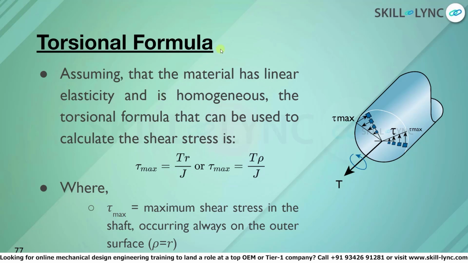Now here, assuming that the material has linear elasticity and is homogeneous, the torsion formula that can be used to calculate the shear stress is tau max equals TR by J. Here, tau max is the maximum shear stress in the shaft, which always occurs on the outer surface. Now, if we substitute rho in place of R, it gives the shear stress at any point at a distance rho from the center of the shaft, or the neutral axis of the shaft. But we have to note here that when rho is equal to R, we again get the value for maximum